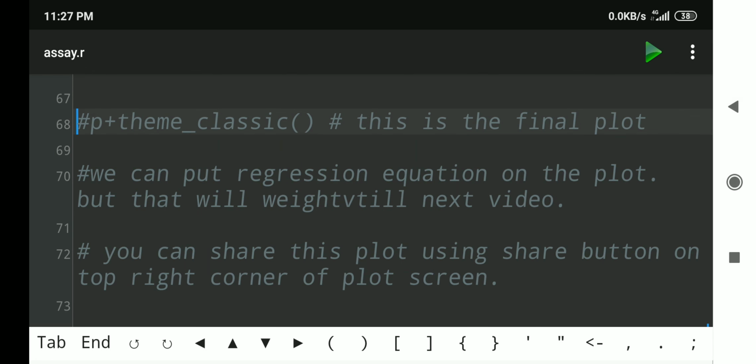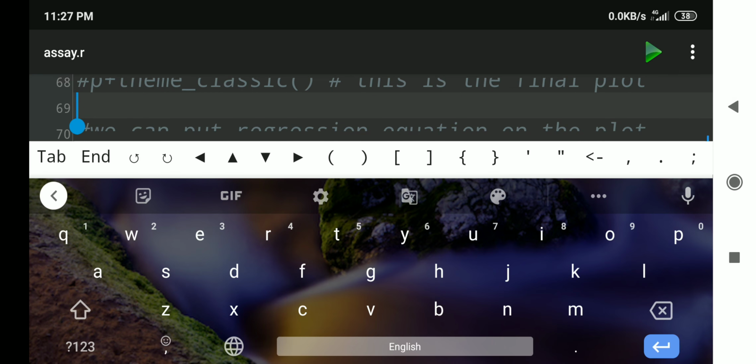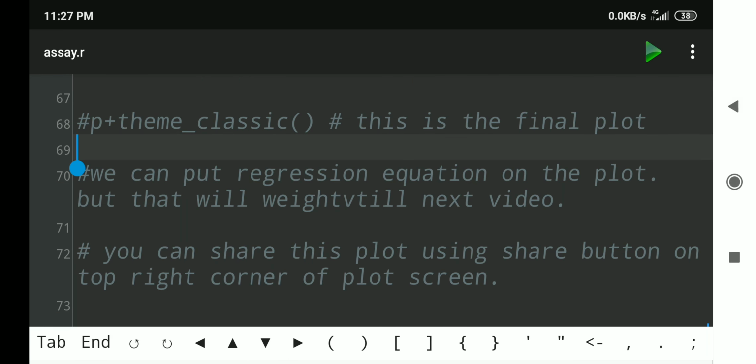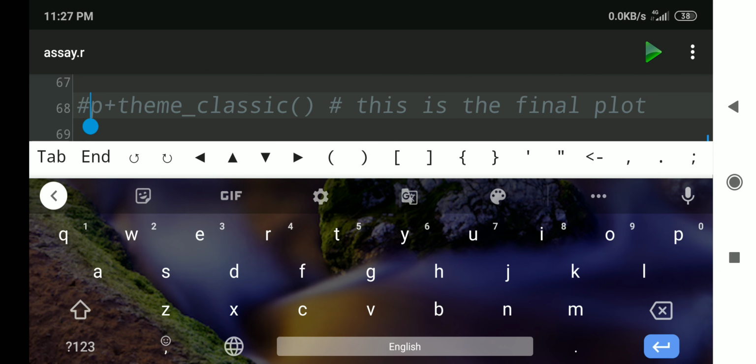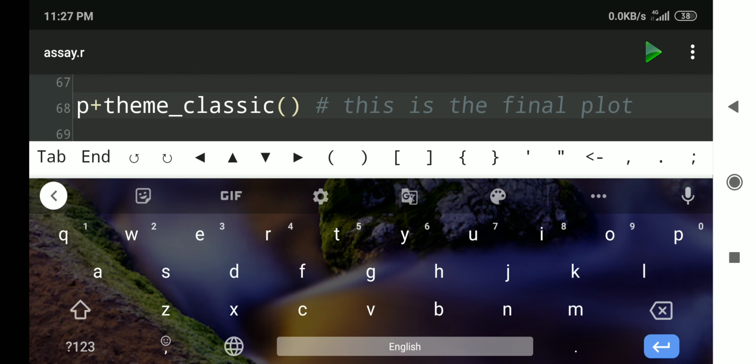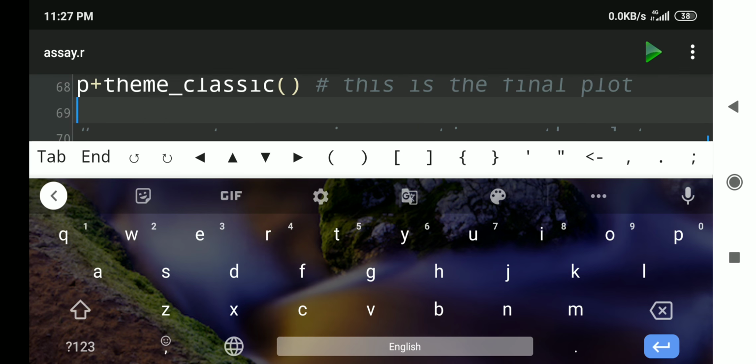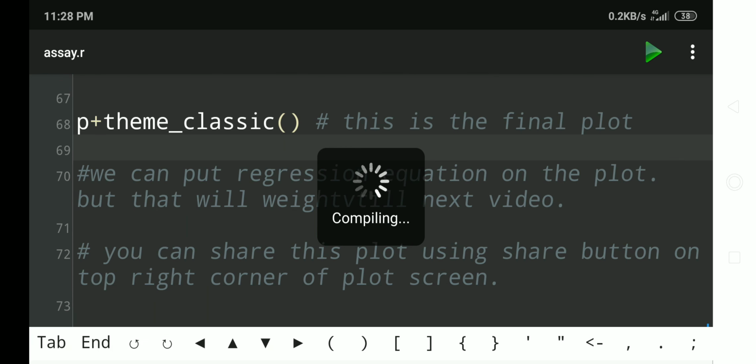But this graph is not that classic, and for that I am using this code line. To this graph I have added a theme, theme_classic, and this theme will be applied to the graph. We'll look at the final graph now.